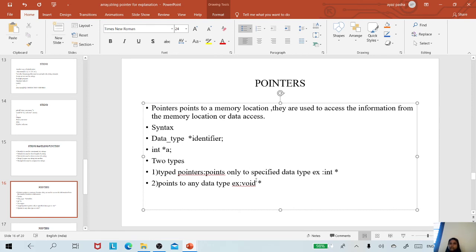Typed pointer means we are using a specified data type. It can be either int, float, char, or whatever it is. The other type is the untyped pointer. It is not going to point to any data type. Example: void. This is an untyped pointer.